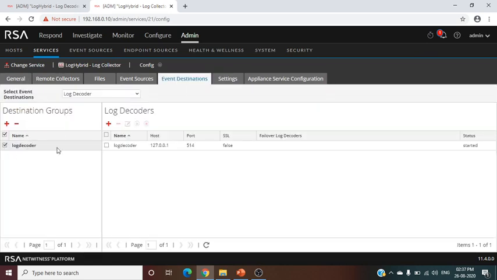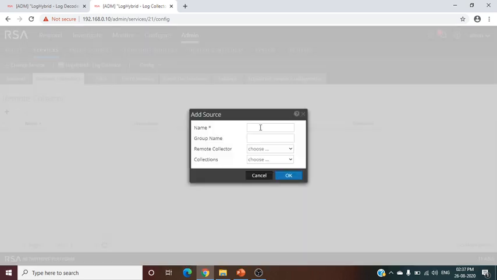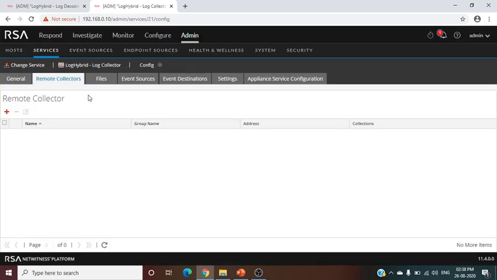See, it is showing the loopback address. If you are using some VLC or RLC, you need to add it here. You have to provide a name, group name, and choose the log collector. For our lab environment, no log collector is available, so we do not configure it. So the log collector configuration is done.